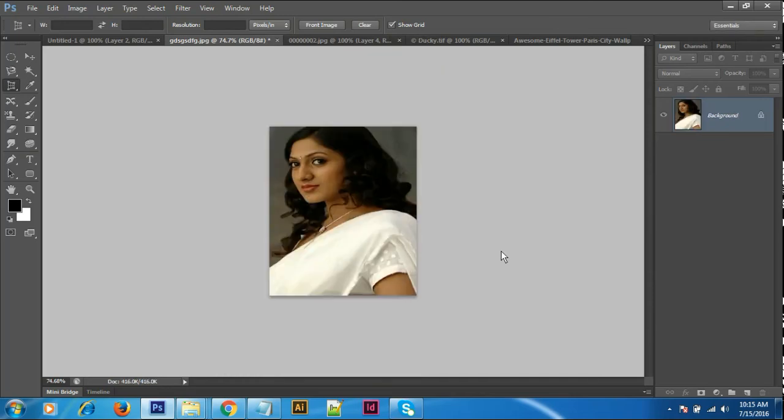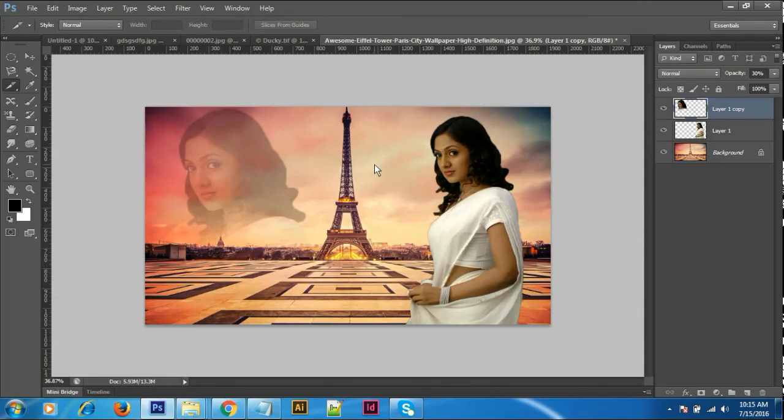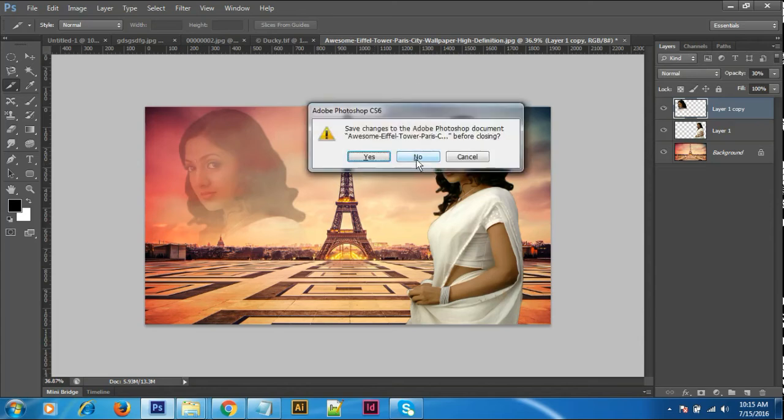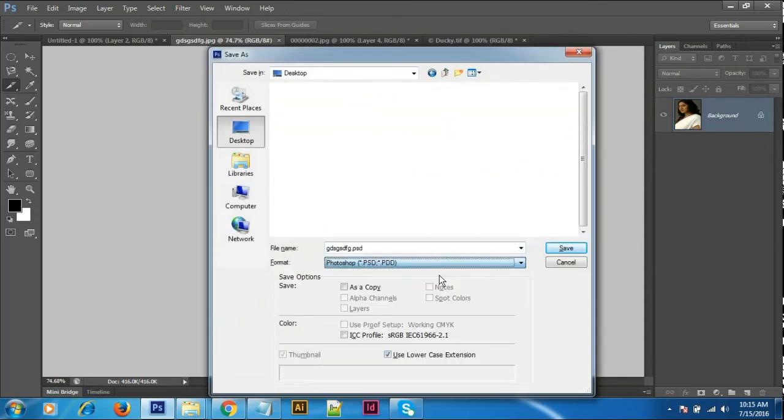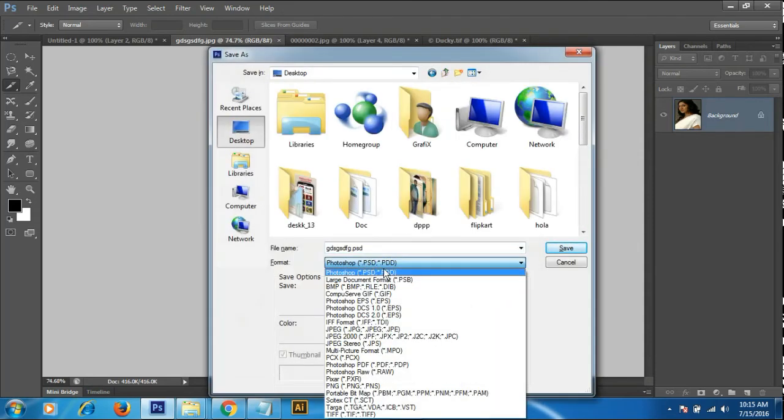The slice tool works with web divisions to cut the position only. Suppose I have this. This is okay. Clear and just close it. Make it like this and save as a file into PSD, Photoshop document. Make that file and keep it, and come here. Whatever mistake you had, I can explain that.